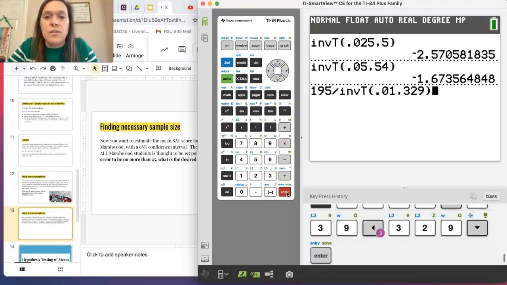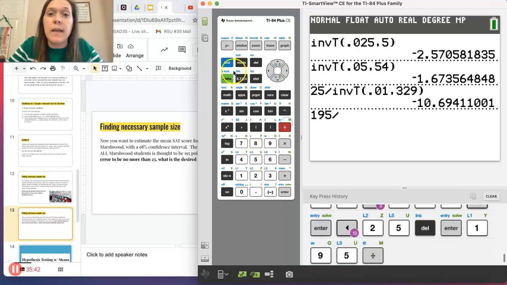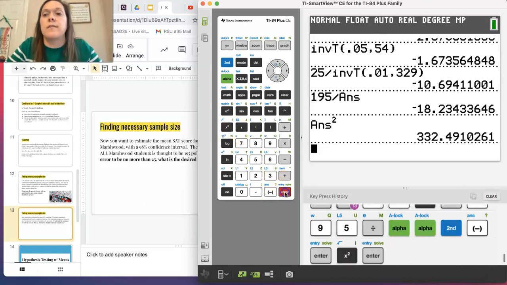Paste, right? So it's going to do that. Or no, I needed 25, my margin of error, divided by that. And I'm going to do 195 divided by that answer, and I'm going to square that answer. And I get